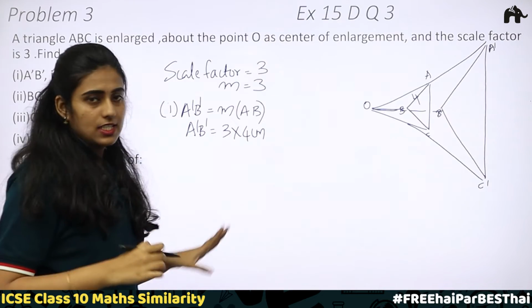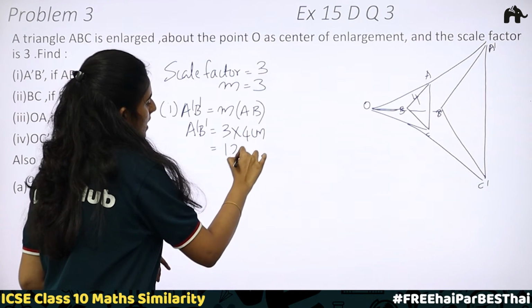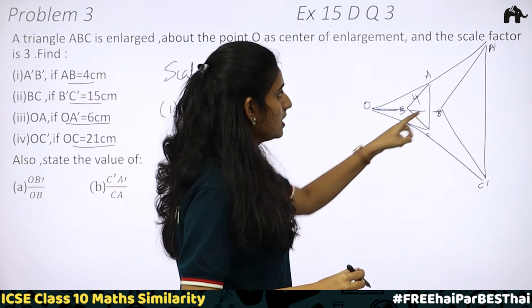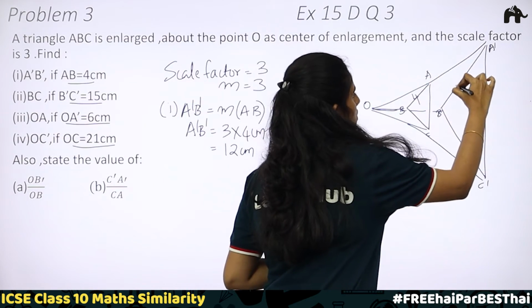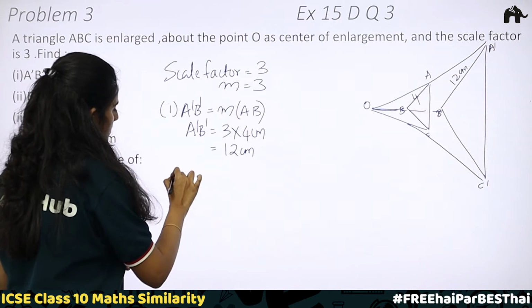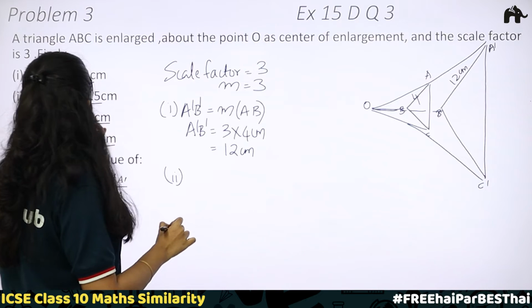3 into 4 centimeter, which is 12 centimeter. We get A dash B dash. A dash B dash is equal to, this length is equal to 12 centimeter. Okay. Now the second one, we have to find BC